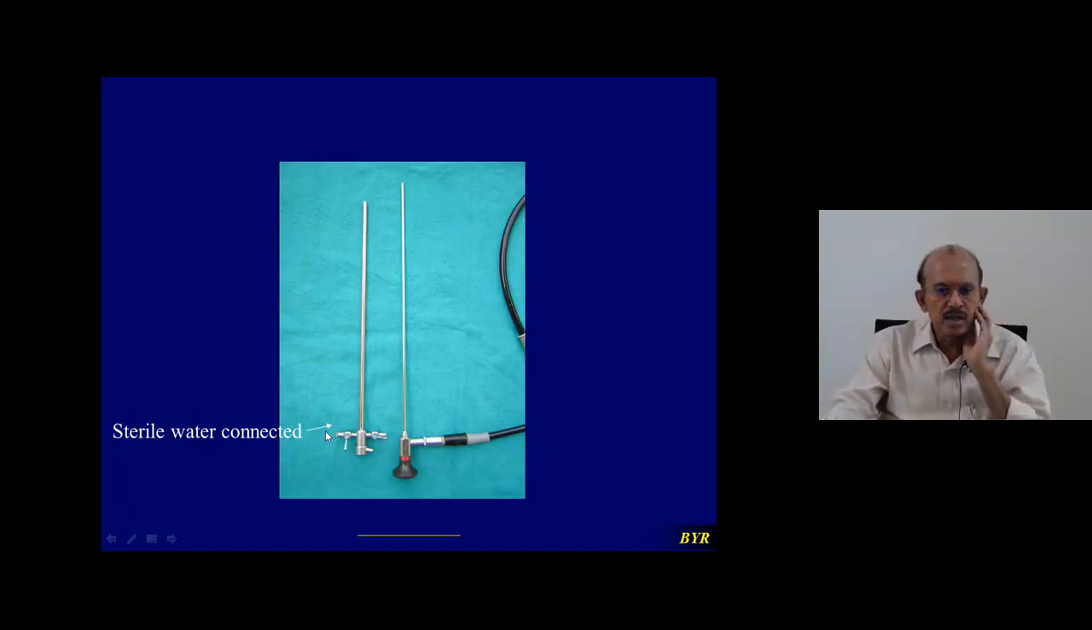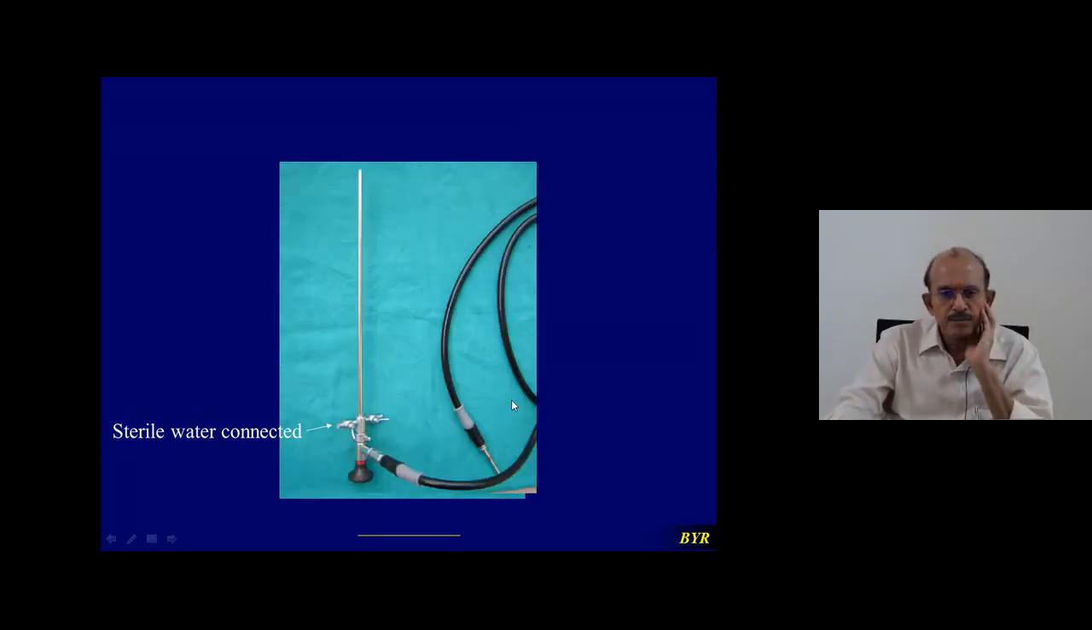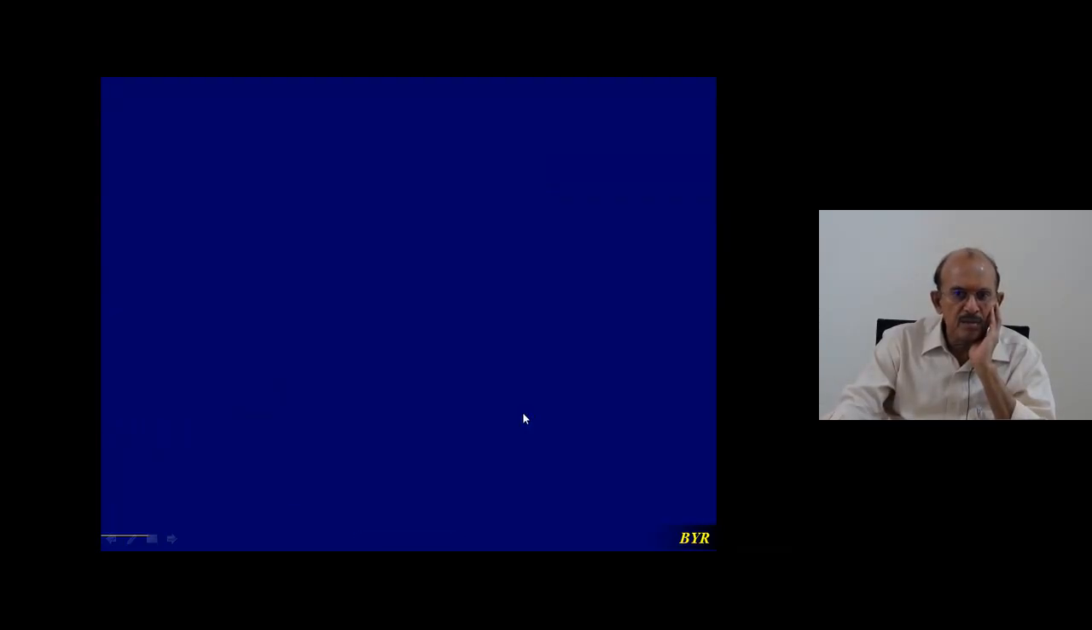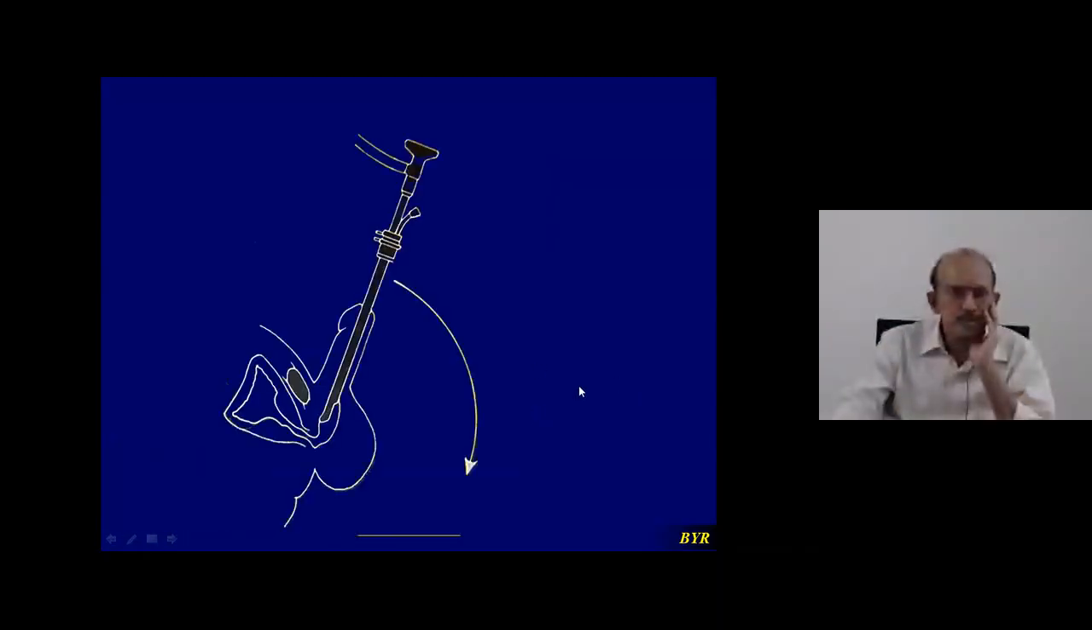So the water is connected here, and water is pumped here. The water goes like this in the sheath and distends the bladder. So you connect sterile water to this side channel. So the telescope with the sheath is passed into the